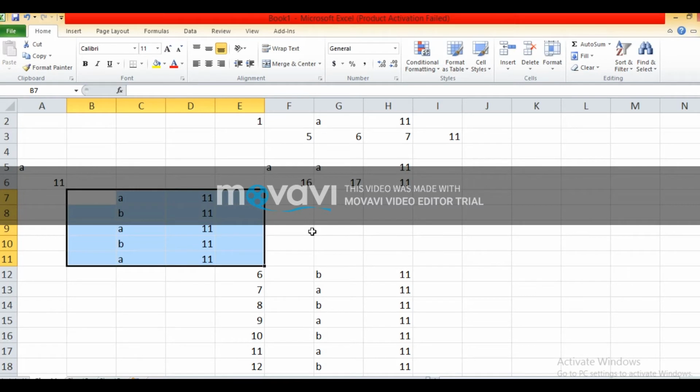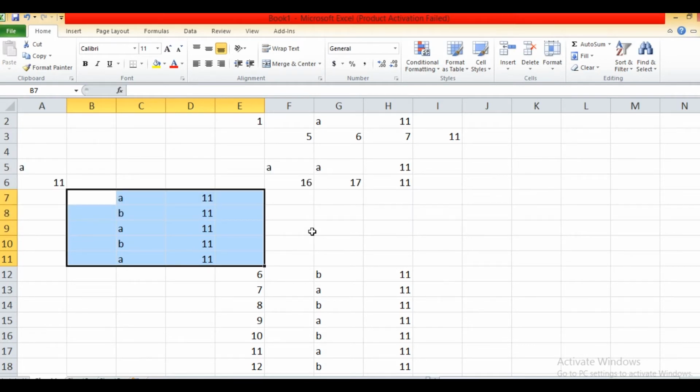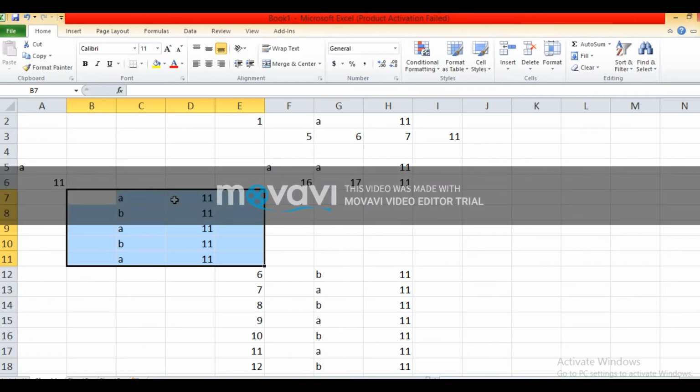If you want to increase the height of the row and the width of the column, you have to follow some steps to change their height and width. First we are going to discuss how to change the row height. You have to bring the mouse pointer to the row heading. You want to increase the height, so bring the mouse pointer to the row heading.